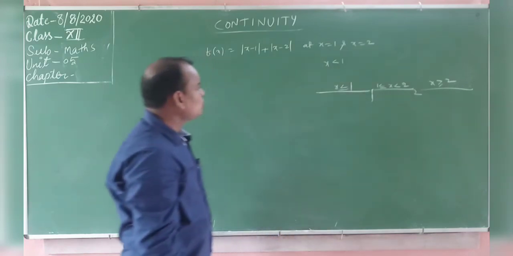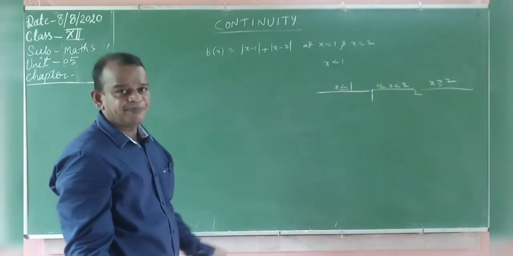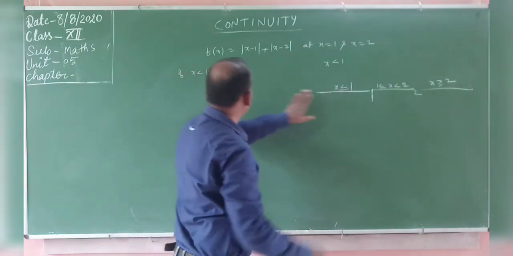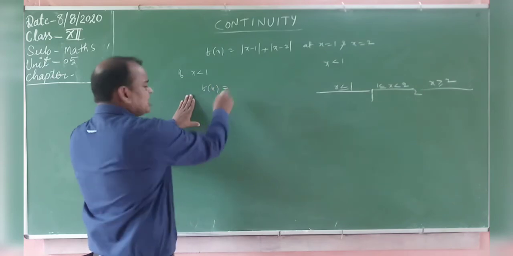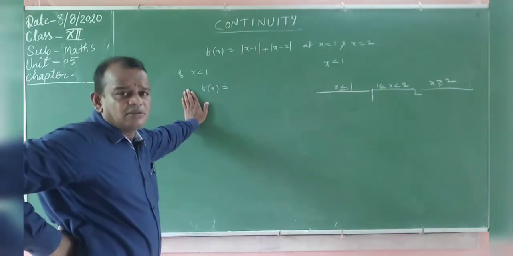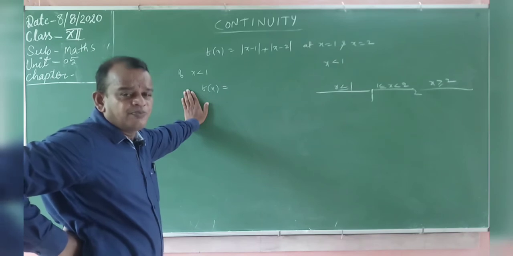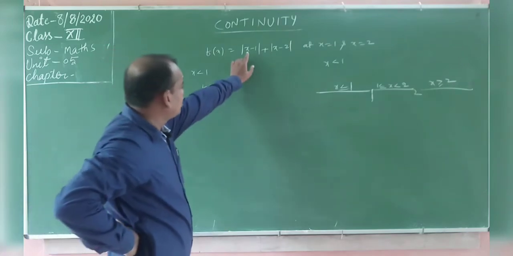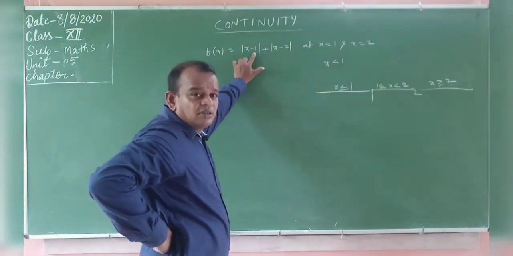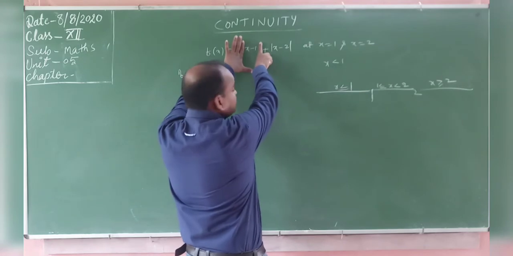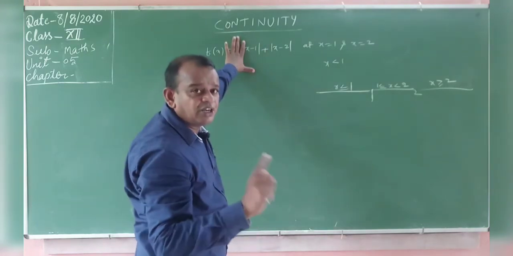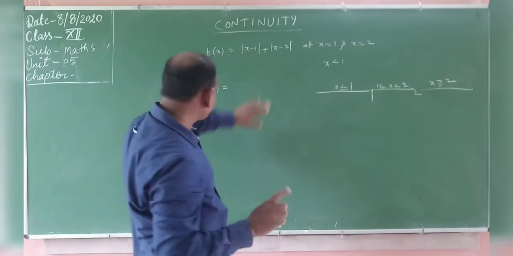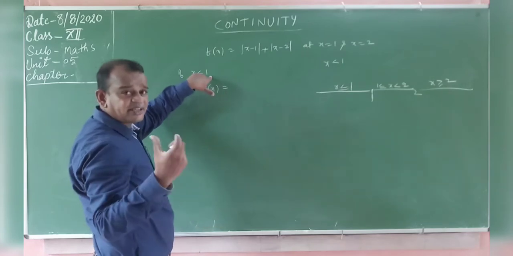Now in these cases, how to write it? If x less than 1, what happened? How to write f of x? If x less than 1, only the first case, what is f of x? x less than 1 means you take any simple value. We will take 0 here. Observe that, 0 minus 1. We cannot see the limit, just what is the value, negative or positive. Negative value means total negative, positive means total positive. So x less than 1 means take x is equal to 0 here.